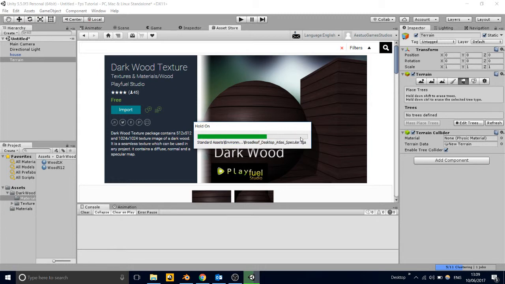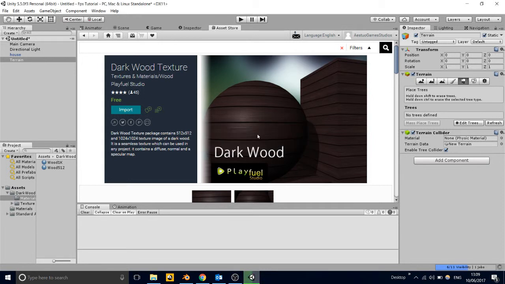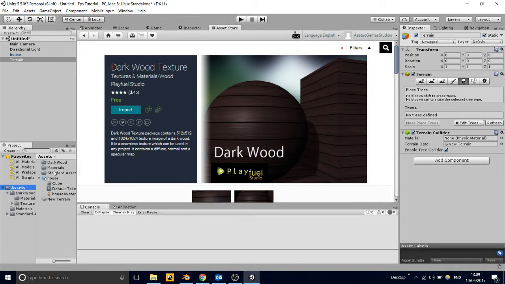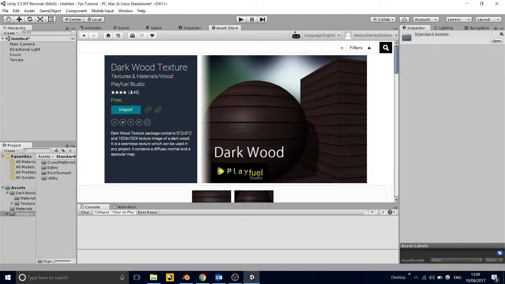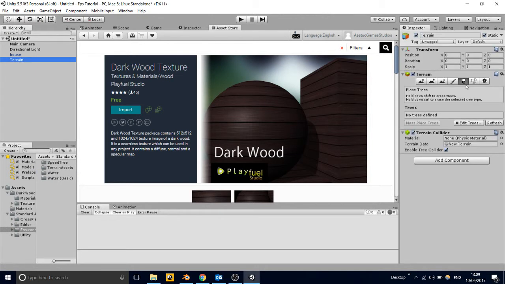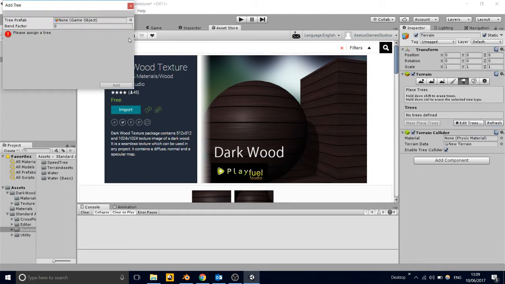Very big download this. Almost there. Importing small assets. Shouldn't take that long. And done. There we go. Okay, so now if we go to assets, we're going to go to standard assets. We're going to go to environment. There's loads of stuff here. So if we go to the terrain and we go to edit tree, add tree,